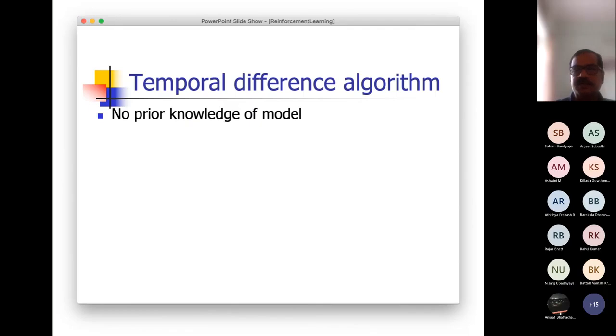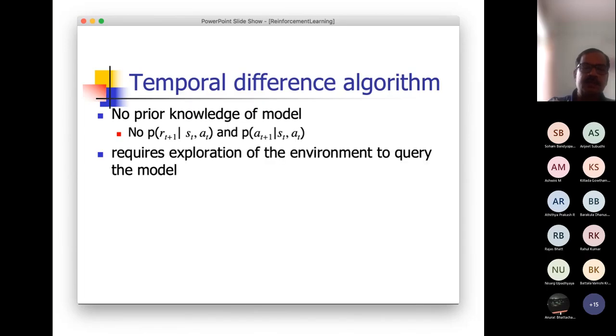I just have once again recapitulated what we discussed, just to have a better continuity of our discussion. So now we will consider the other scenario when there is no prior knowledge of the model. That means you do not have those probability distributions for rewards and state transitions given the state action pair. So how do you, in that case, explore